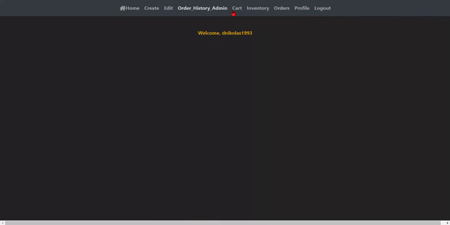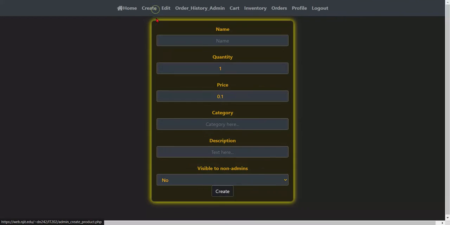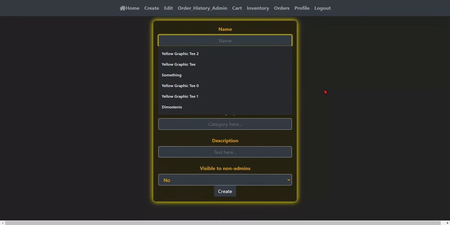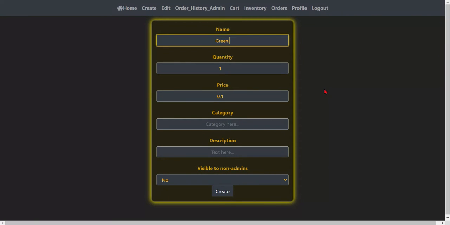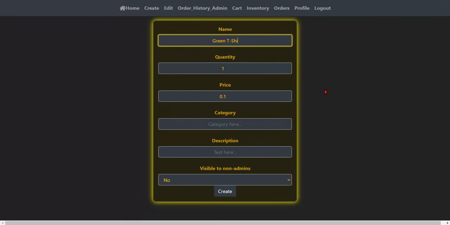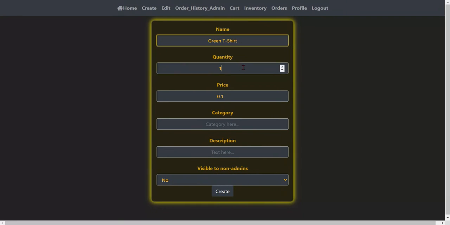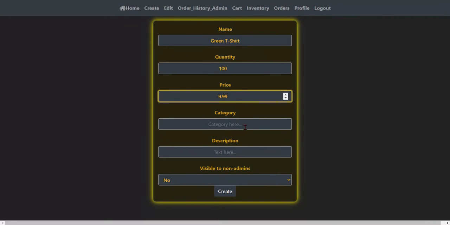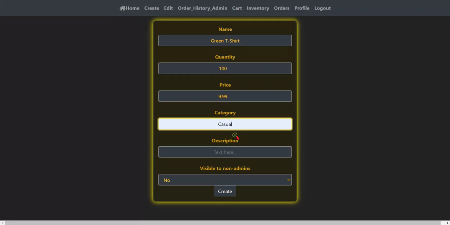As we log in, we see the tabs on the navigation bar. The admin side or shop owner side has more tabs than the actual client has. So he can create an object, for example, and we're going to create an object. We're going to create a green t-shirt. We're gonna create 100 of them, and we're gonna price them at $9.99 per piece at the category casual, and